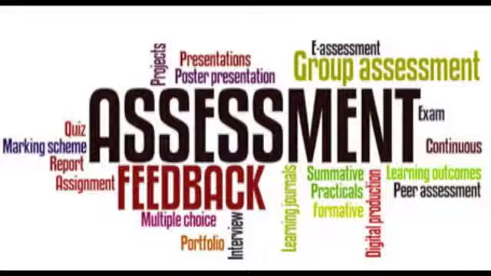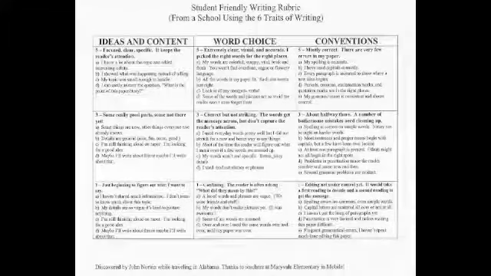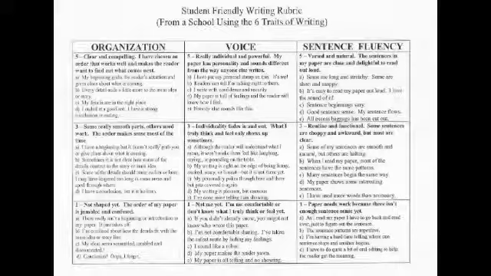We are now going to look at two different writing assessments. The 6 Traits Writing Rubric. In order to assess a student's writing, a teacher may wish to utilize a writing rubric. A 6 Traits rubric was developed by teachers from Marydale Elementary in Mobile, Alabama. It can be downloaded from their website at www.middleweb.com. The rubric contains 6 traits of writing, which include the following: ideas and content, word choice, conventions, organization, voice,